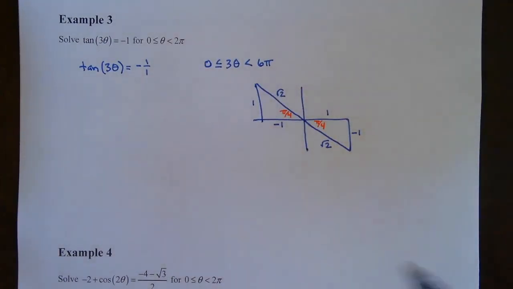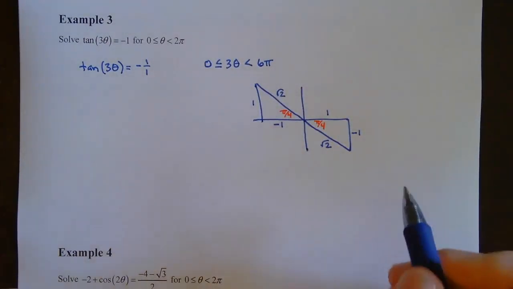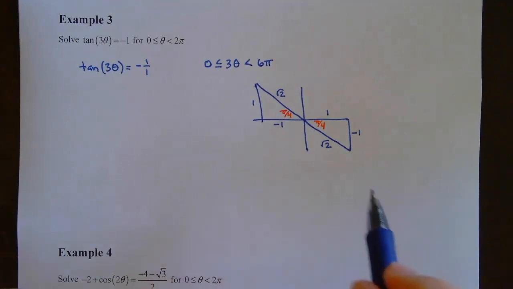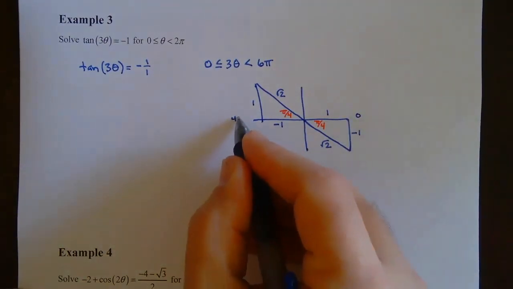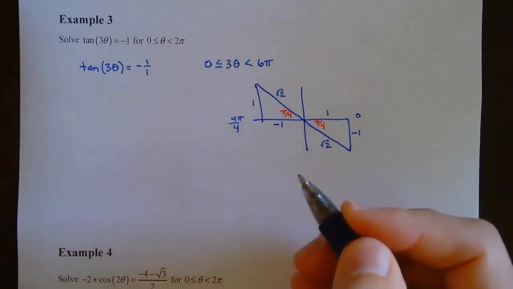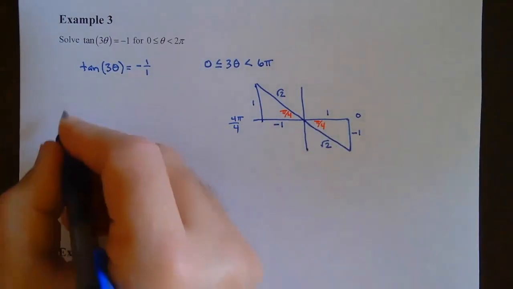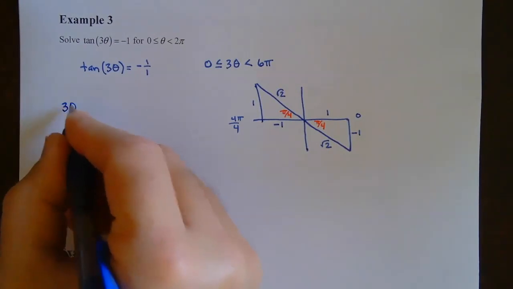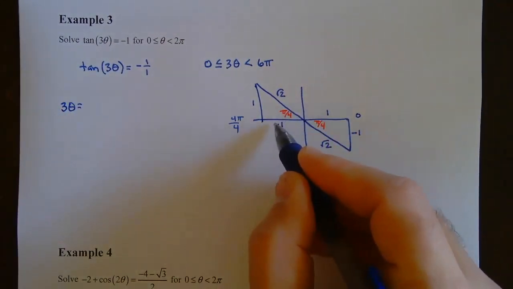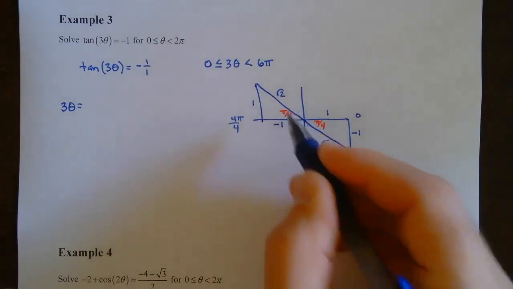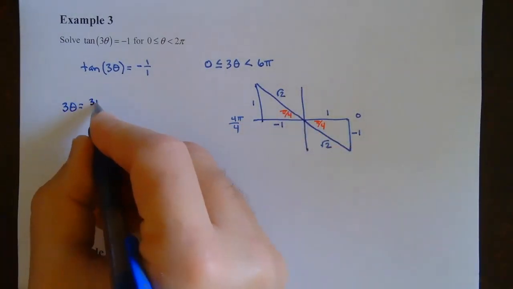Now I'm going to go around. This would be 0, and this would be 4 pi over 4, because that's the same as pi. So here we go, 3 theta would equal, well, 4 pi over 4 is too much rotation. I would have to back off of pi over 4. So that would be 3 pi over 4,